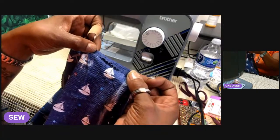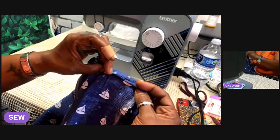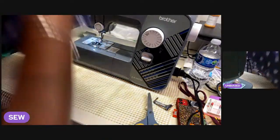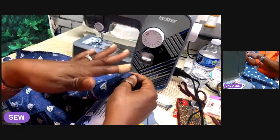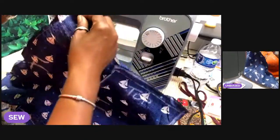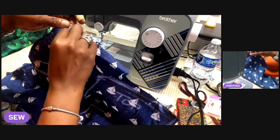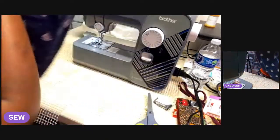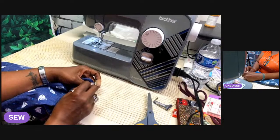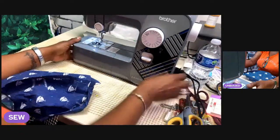And then you're going to sew this all the way around. And then you're going to fold it one more time, just like that, on top of one another. You could actually do this all in one motion. What do I mean by that? You start from one end, fold it, fold your second line, and then sew. And that's what we're going to do because that's just what I like to do. If I was to serge that in, it would be more professional, but